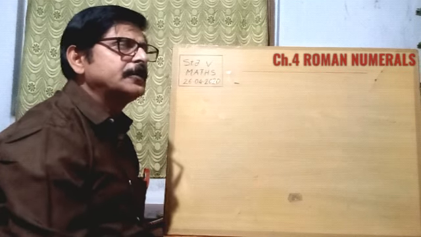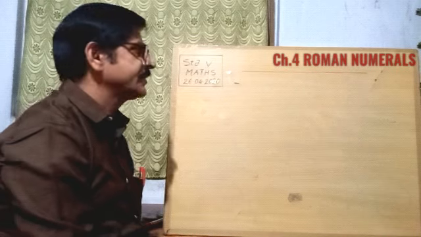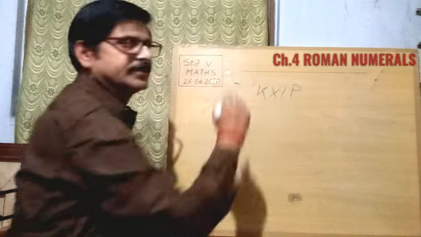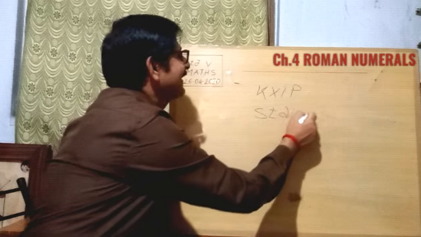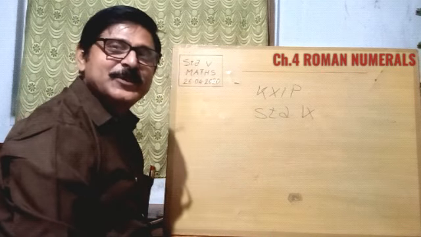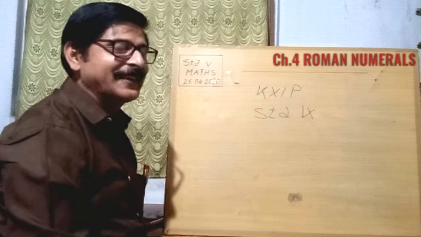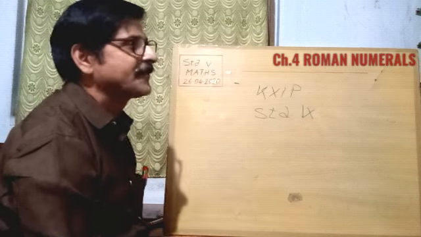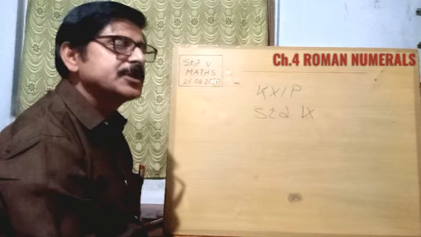And so they are not in much use these days, but you will find it, say, in Kings XI Punjab or Standard IX. This is so because this system once served mankind very well. So today we are going to learn about Roman numerals, and for writing Roman numerals we use 7 symbols.